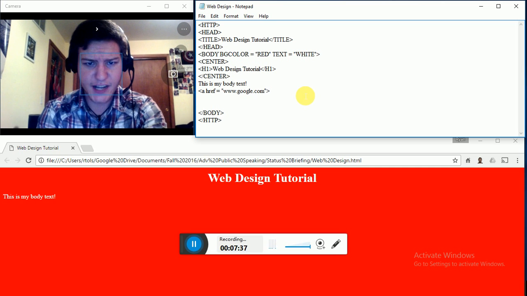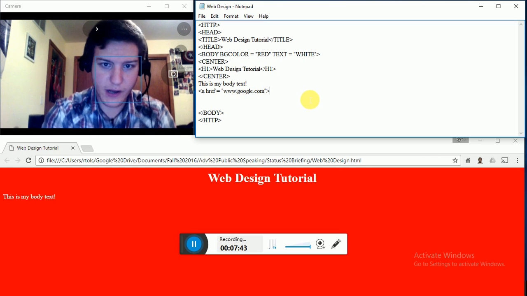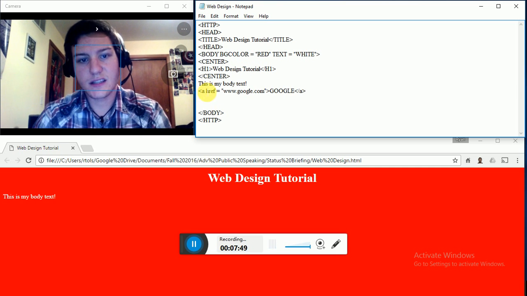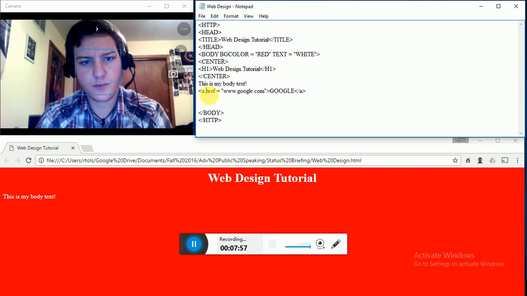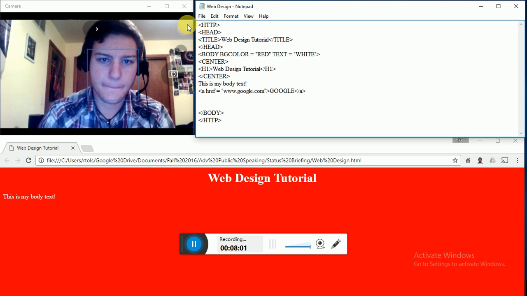So this is where it's going to send you, once you click on whatever I put after that. So this is going to say Google, and then we're going to do end A. Because this is the open, this is the general command, and then this href right here, that's called the specific command. So I just want to make sure that this works,